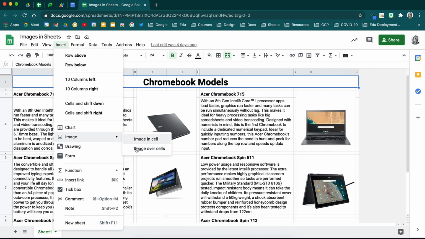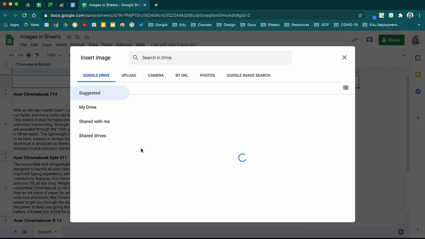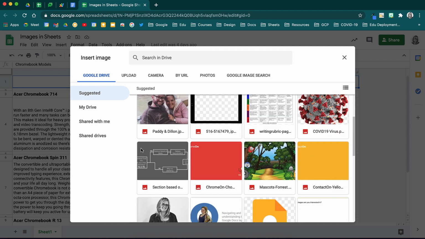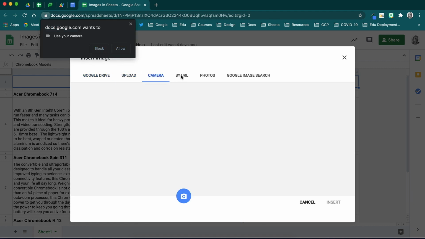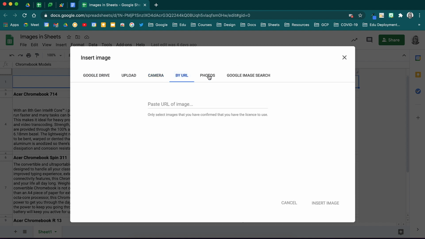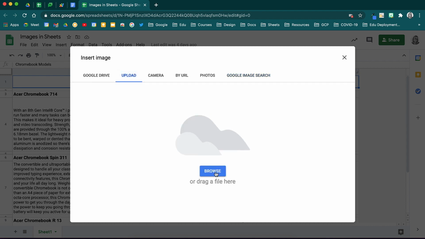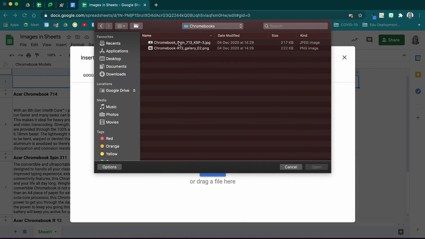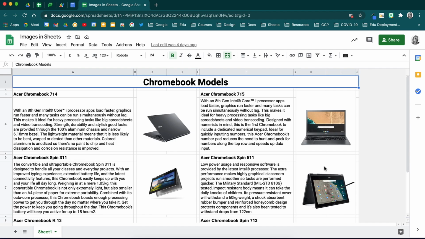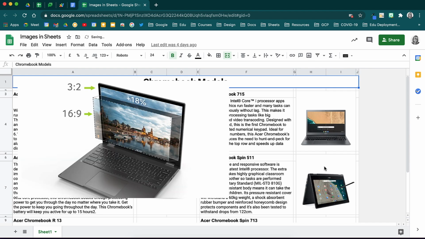When you choose over a cell, you will be able to choose an image from your Google Drive, upload one from your computer, use your camera, by URL, from Google Photos, or to use Google Image Search. Find the image you want and then choose to insert. You will notice that this image has now been placed on top of this data and I can move it